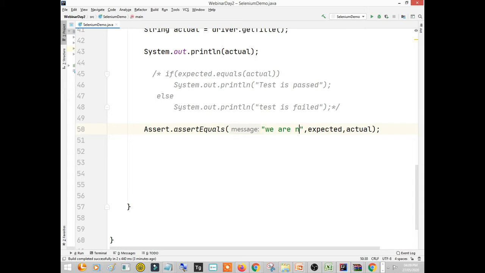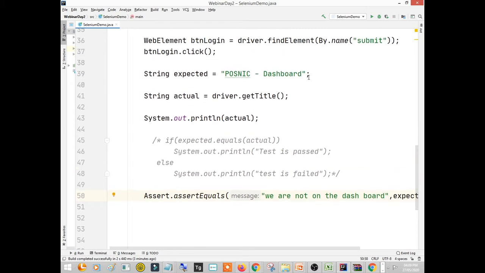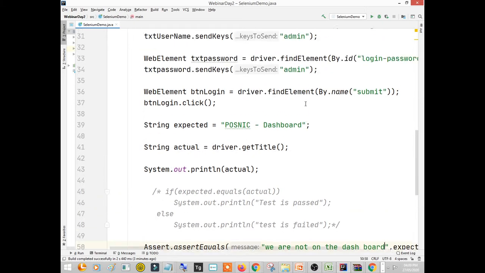We are not on the dashboard. Okay, so what I'll do, I'll intentionally fail this test, right?